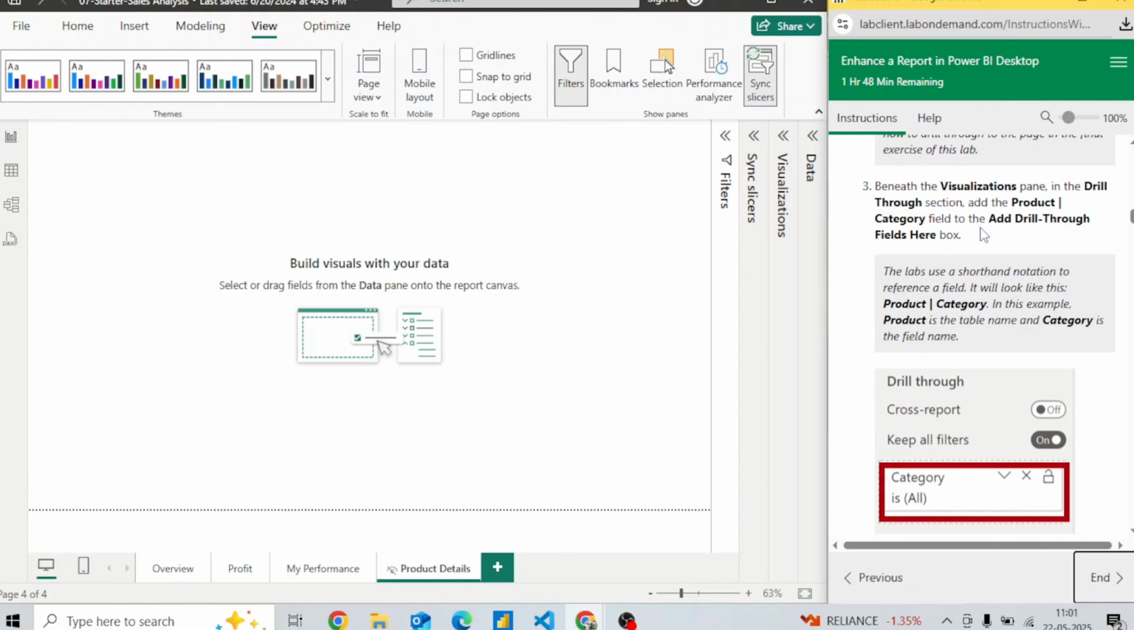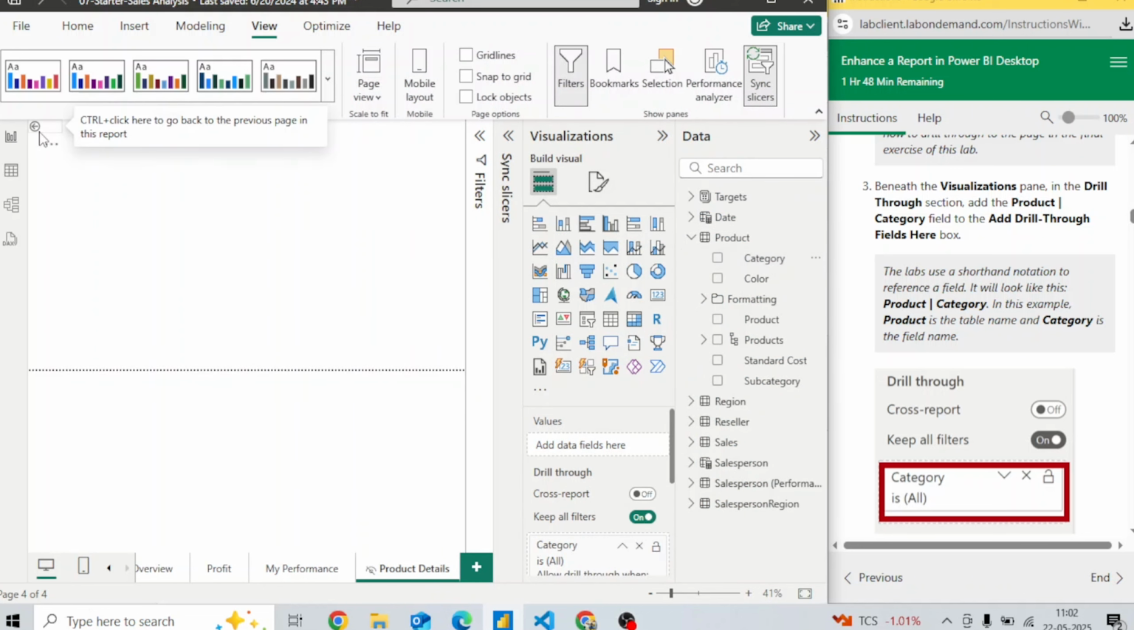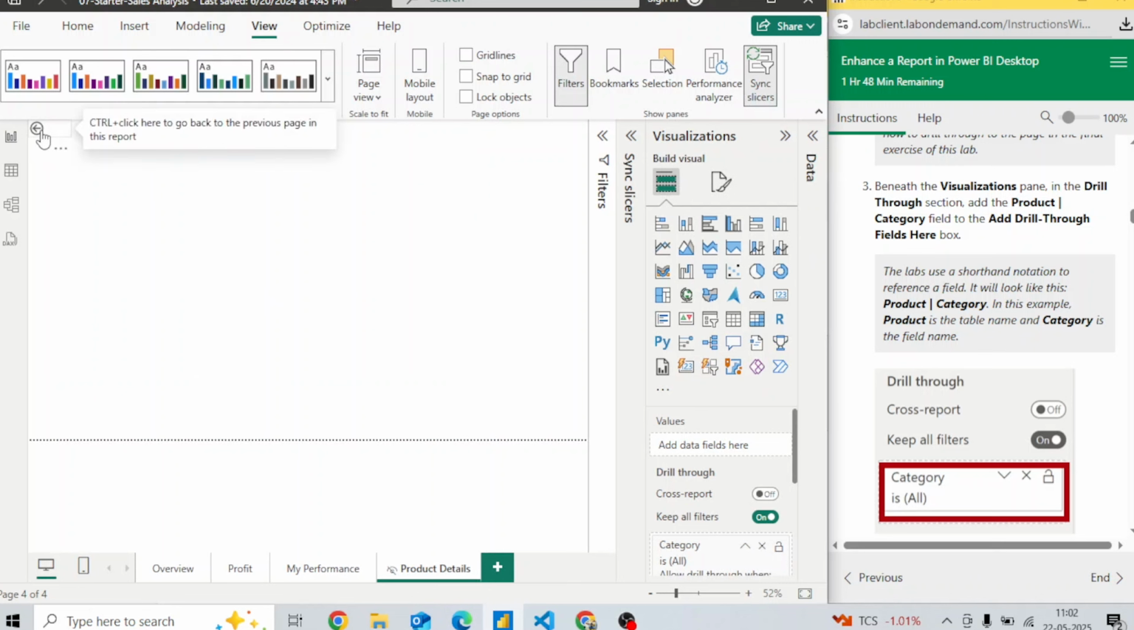Once we add anything into this field, you will see that there is going to be a small back sign available here. So let us go ahead and drag the product/category field. And you see there is a small icon which is now displayed here. This is just a navigation icon. If you hover on it, it will say Control plus click here to go back to the previous page